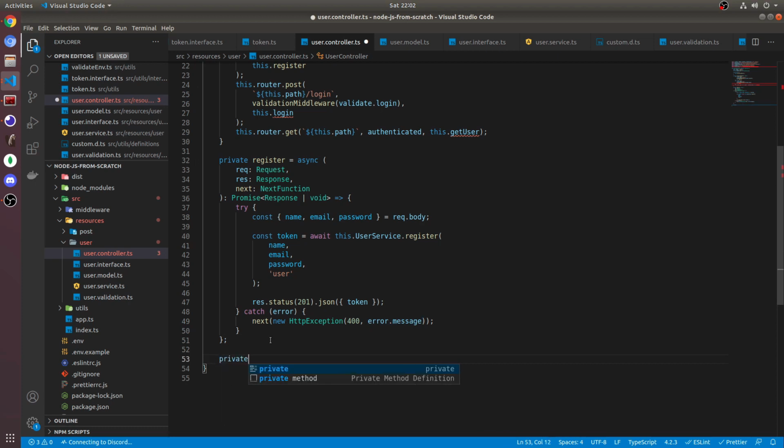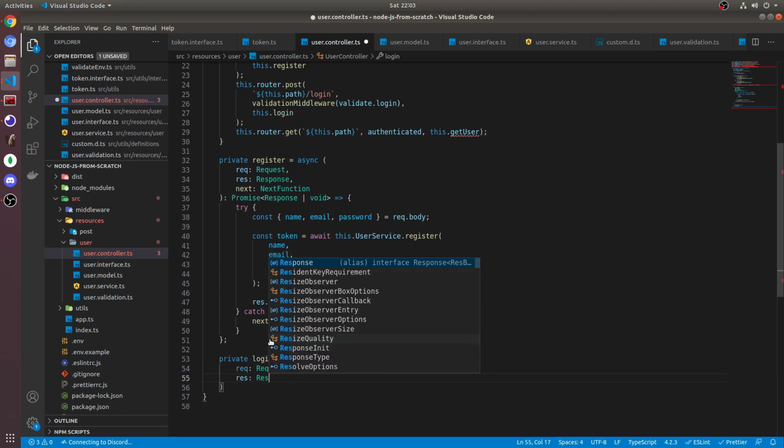The next thing we'll do is create the login function or endpoint. So we do async req, request, res, response,